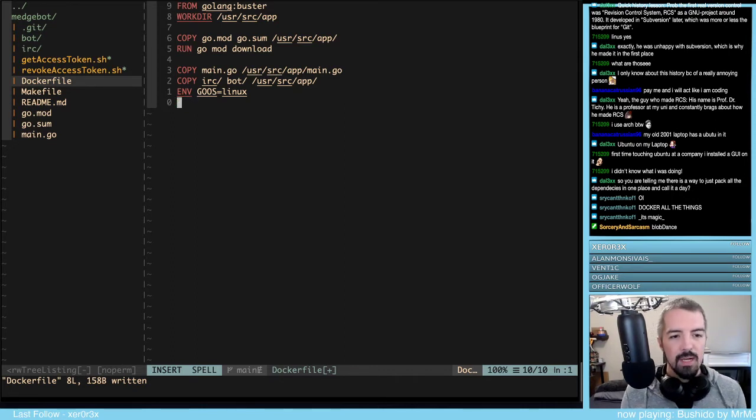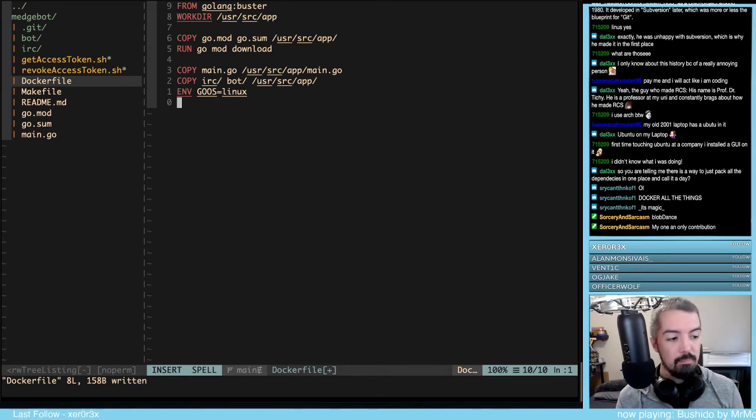So if we do GoOS equals Linux, we effectively tell the Go compiler, hey,